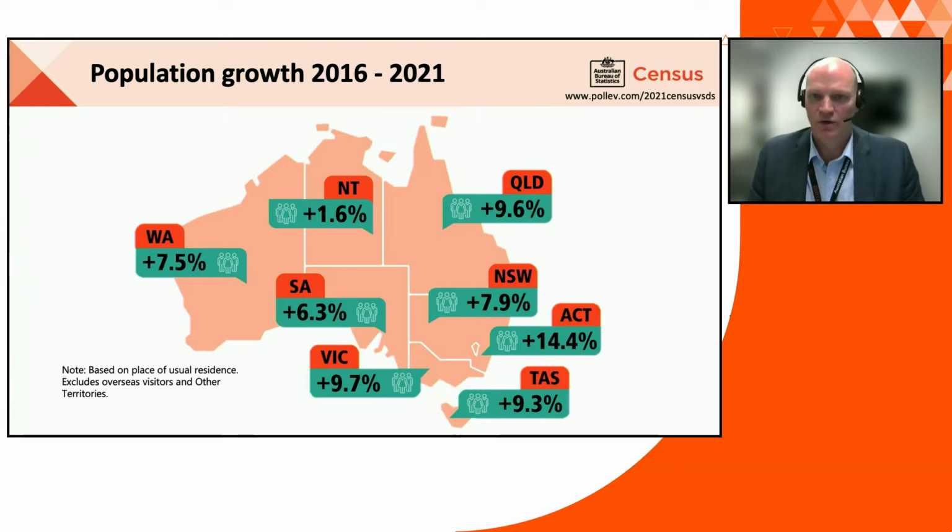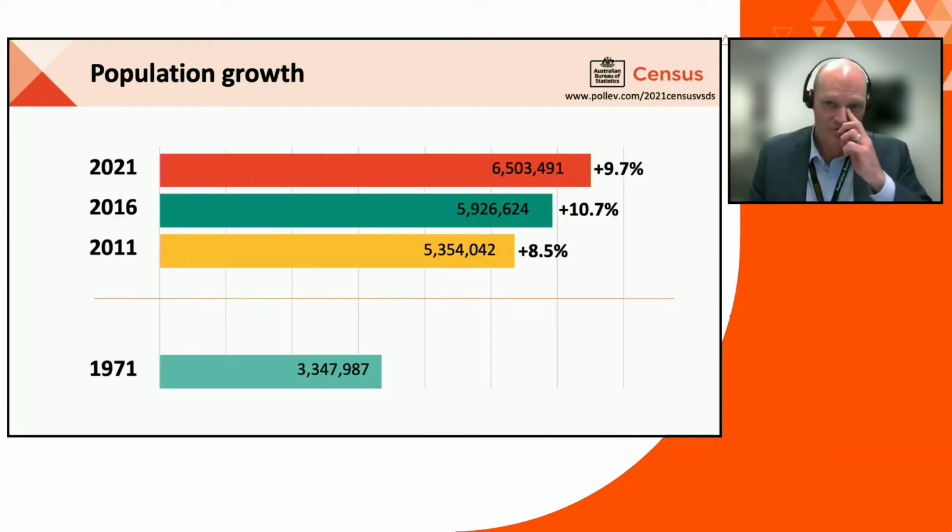But we will zoom in on Victoria, and that's going to be our focus today, of course. So Victoria grew from 5.9 million people to 6.5 million. That's a 10% increase, and you can see the increases from the past few censuses. We counted about 5.3 million in 2011, and so it was an increase of just over 10% to 2016 and 8.5% from 2011 to 2016. So we have seen those significant increases in Victoria over the last number of censuses